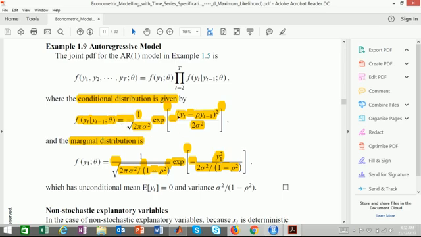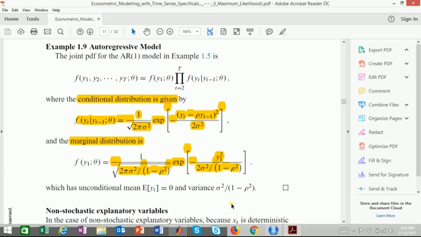And we are just taking 1 minus rho squared down at the bottom, because the variance is sigma squared by 1 minus rho squared. We just have to divide everything by 1 minus rho squared. So let's go to